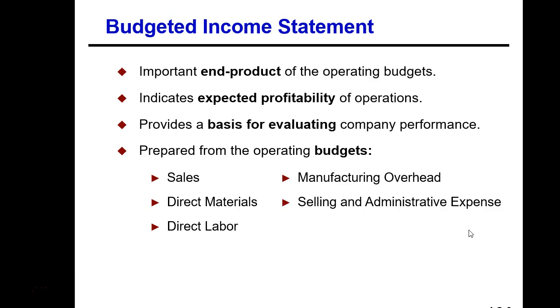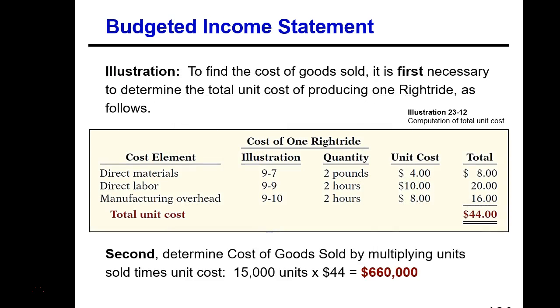Okay. So now we've done direct materials, direct labor, we've done sales, overhead, selling and admin expenses. We can take these individual budgets, combine them into a budgeted income statement. Okay? To do the budget income statement, we must first calculate what is going to be the cost to produce one unit. What's the cost to produce one right ride? And I still don't know what a right ride is, but I know how to calculate the cost to produce